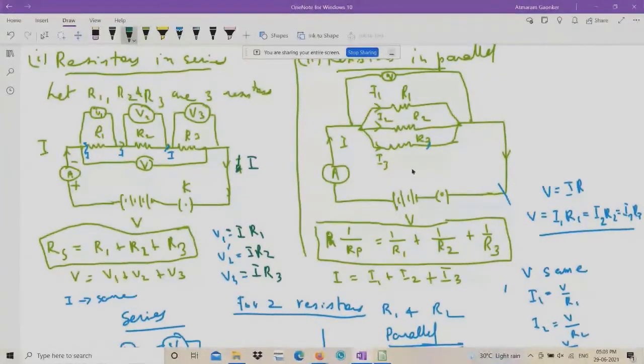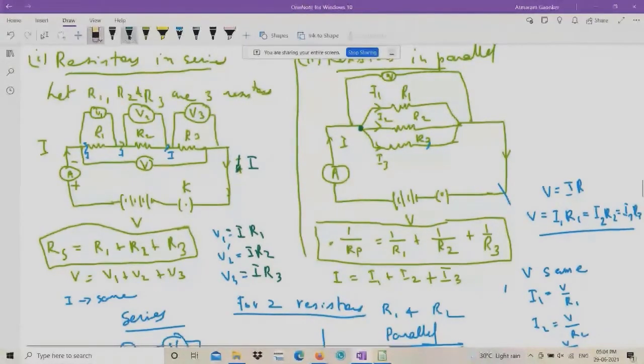And let me move to this circuit. So here this circuit is called a system of parallel resistance. R1, R2 and R3, they are across each other. And what happens, the total current is I. It is flowing through the circuit. But when it comes over here, the current gets divided into three parts: I1 in R1, I2 in R2, and I3 in R3.